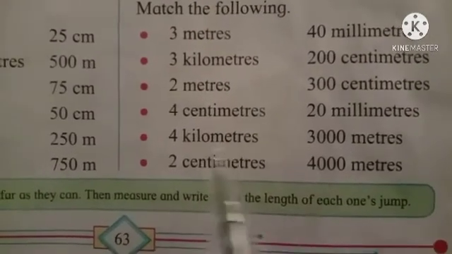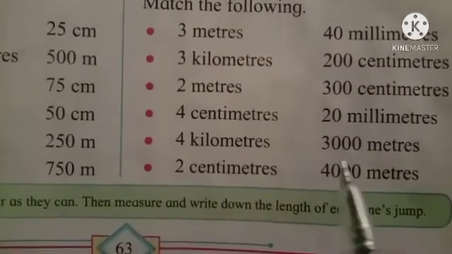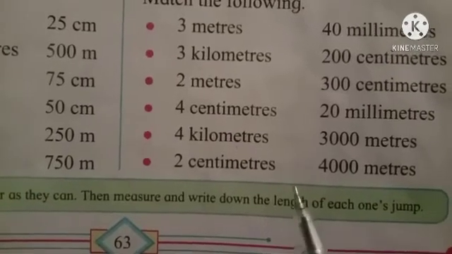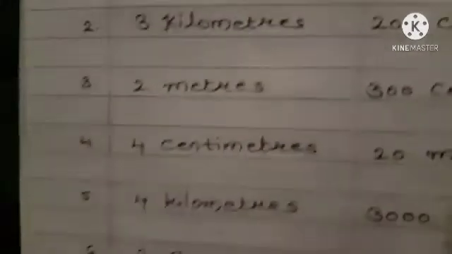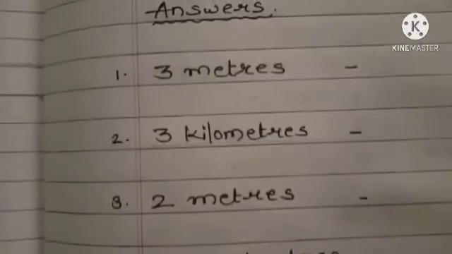So this is a little bit longer sum, so we can't adjust this on one page. So we will write the questions on one page like this. So in the first column we will write A and in the second column we will write down B and on the next page we will write down the answers.